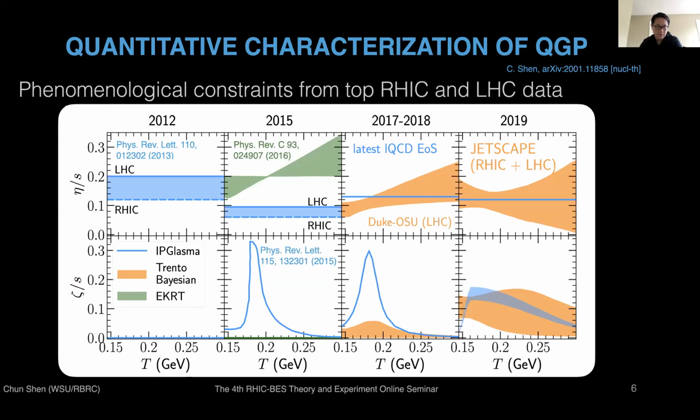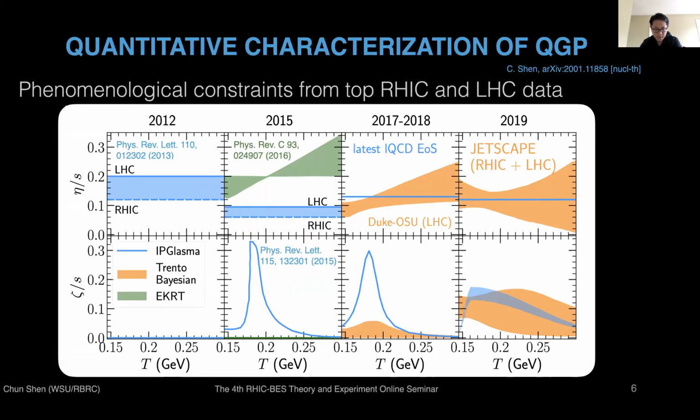Starting from around 2012, the IP-Glasma initial conditions were developed, and these could first achieve a quantitative description of all the v_n data as well as their distributions at RHIC and LHC energies. The constraint on the shear viscosity is around 0.1 to 0.2, depending on the collision energy. As we progress to 2015, we first introduce non-zero bulk viscosity in the hydrodynamic descriptions. With this large bulk viscosity, which is necessary to fit the mean pT measurement in experiments, we need to reduce the value of shear viscosity by almost 50% compared to the previous